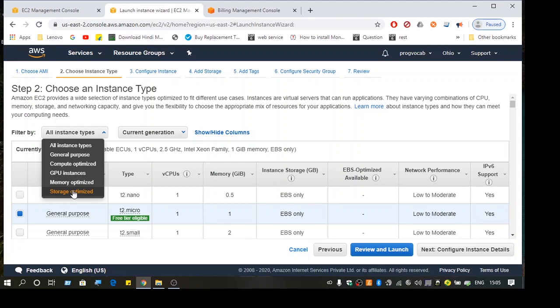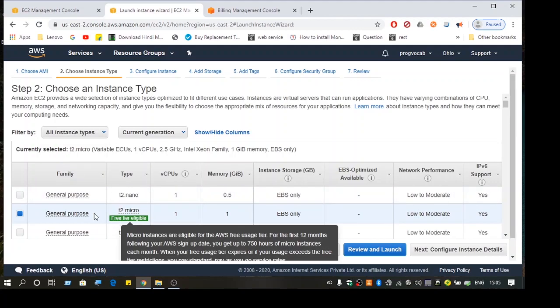For us, the T2 micro is going to be the minimum one since we are using the free tier. Then you can see details like vCPU, memory and the instance store.